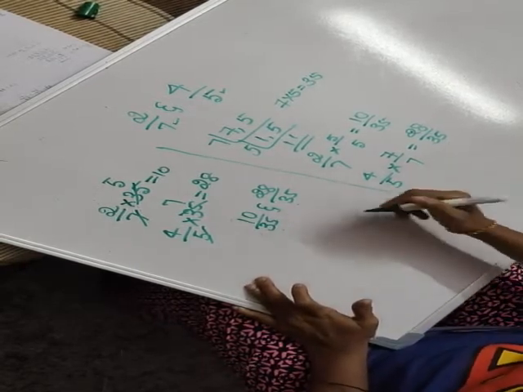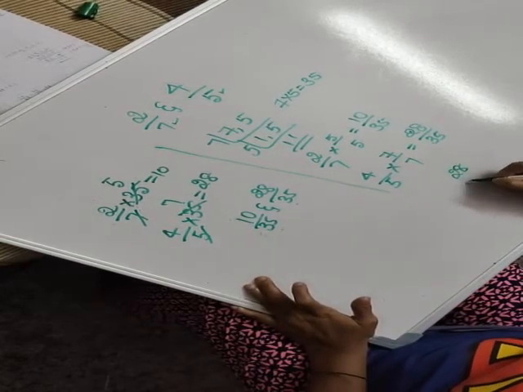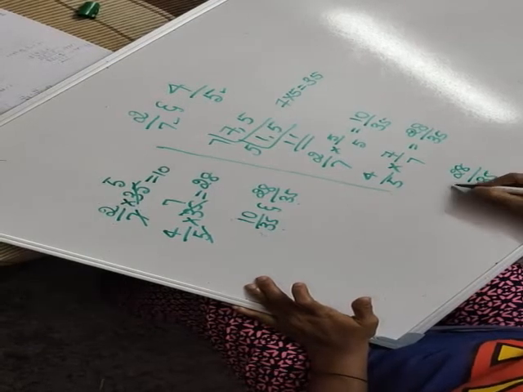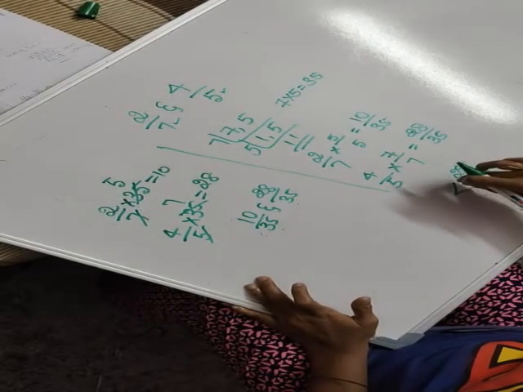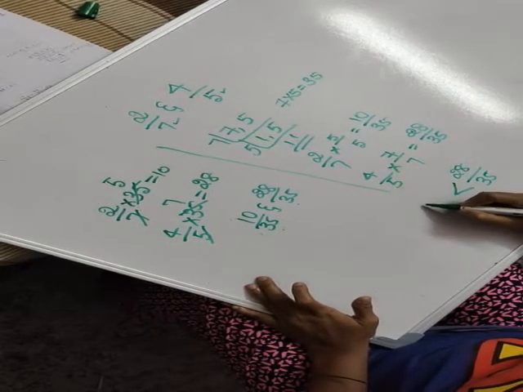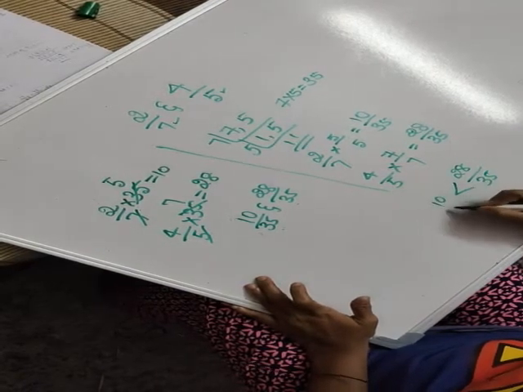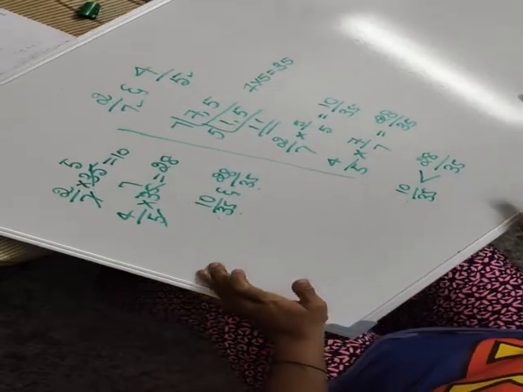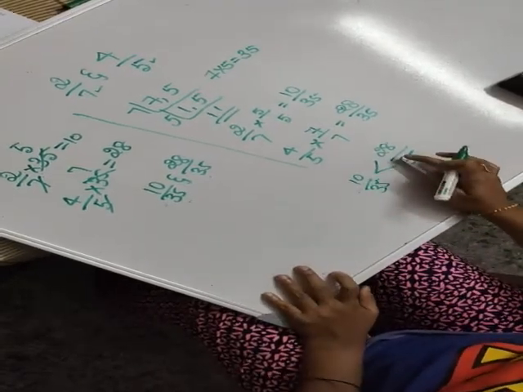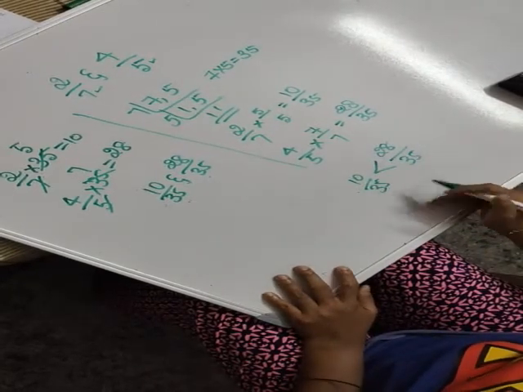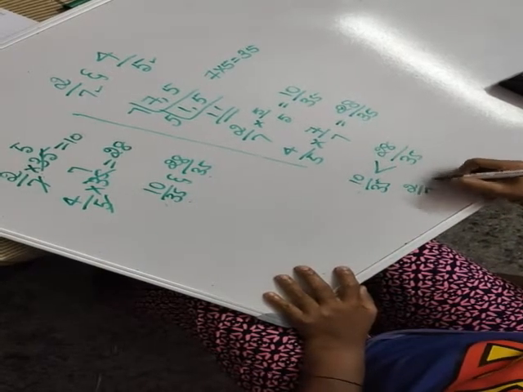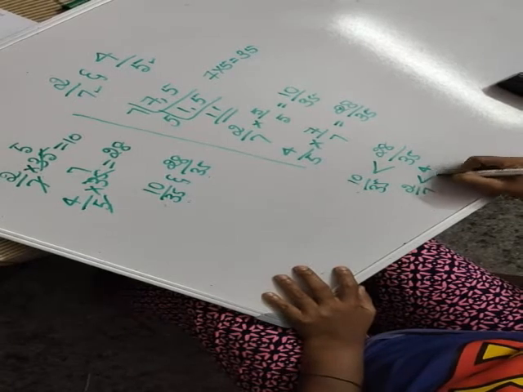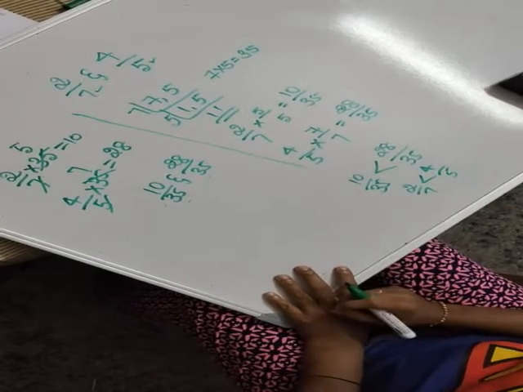So, which is greater now here? 28 by 35 is greater. Greater means that side, the mouth should be open on that side. Which one is 10 by 35? It is lesser. Now, what is the actual question? 2 by 7 is lesser than 4 by 5, which means 4 by 5 is greater. I think you understood.